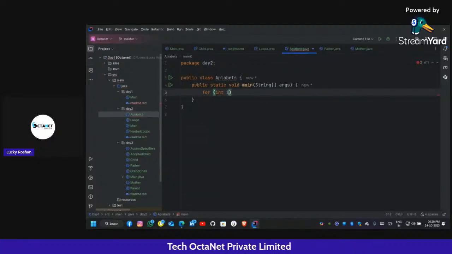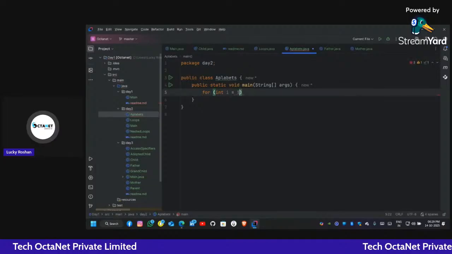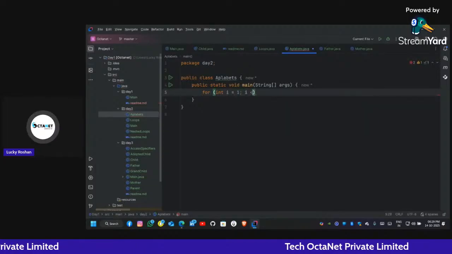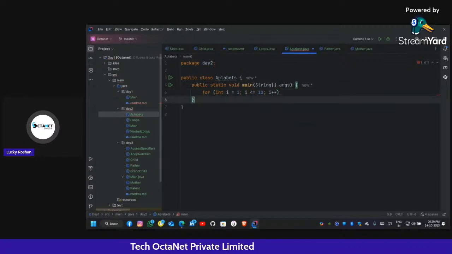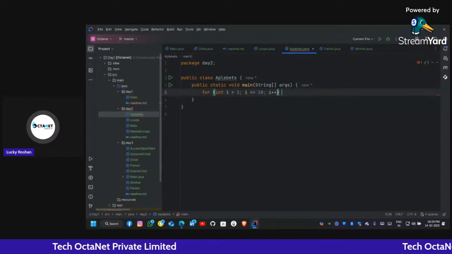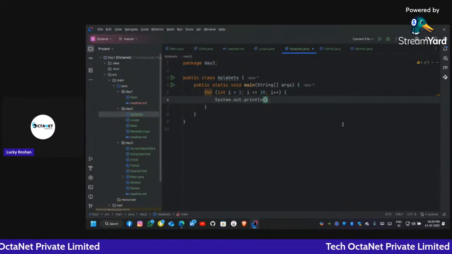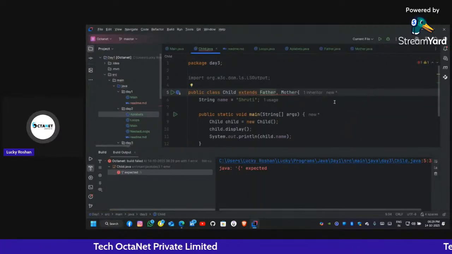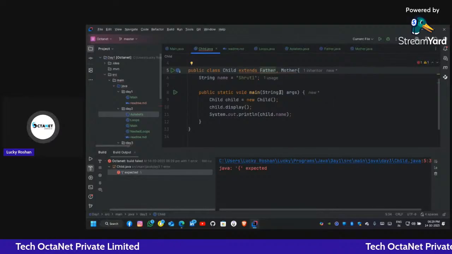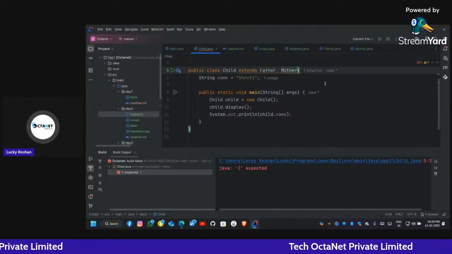int i is equal to 1. Then the condition is i is less than or equal to 10, and the update is i++, that is, i is incremented by 1. Then for each iteration, I want to print the variable i. This was the thing we did in yesterday's session. Here is the error in child. Let me remove this as Java does not support it.